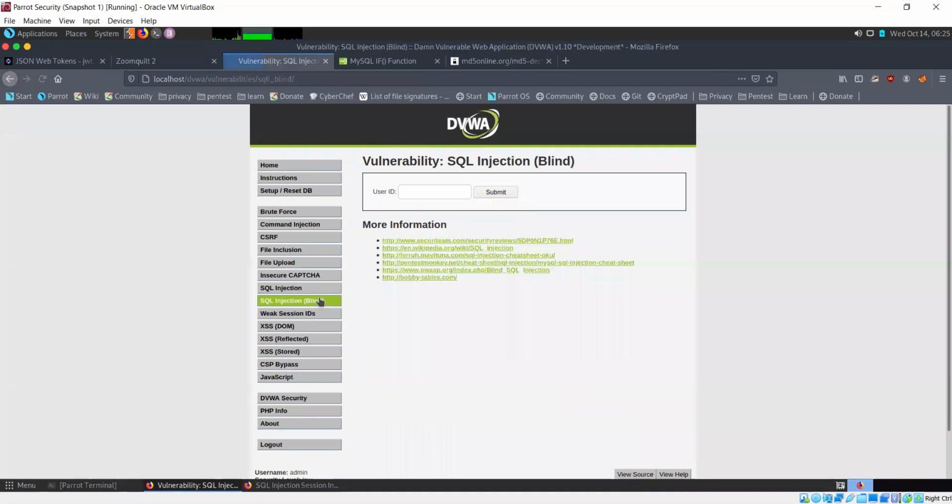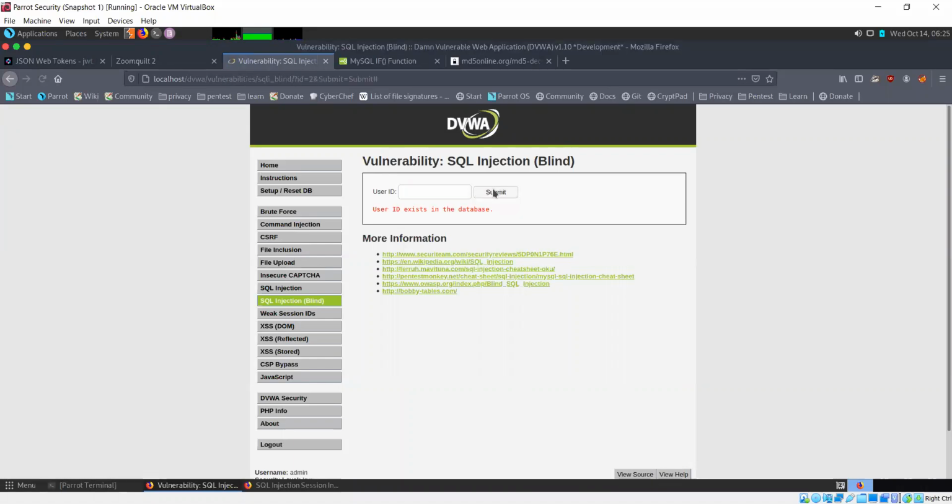In blind SQL injection, you're not able to actively see any results. Let's see how this is working. It's asking for a user ID. Let's enter user ID 2 and click on submit. Now it's not showing you the details for the user. It's just saying that the user ID exists within this database.